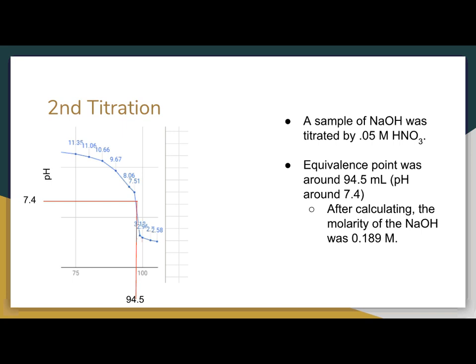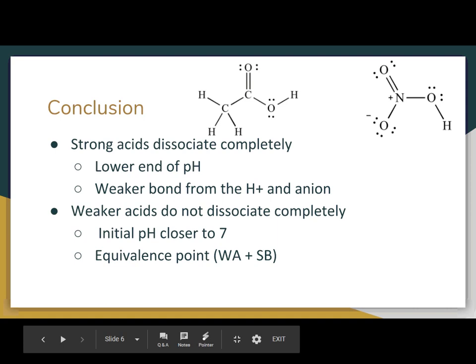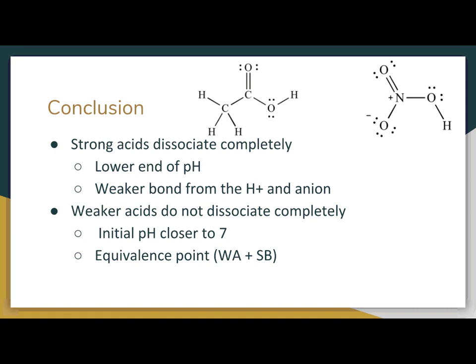So a sample of NaOH was titrated by 0.05 molar of nitric acid. The equivalence point was around 94.5 milliliters, and the pH was around 7.4. And using our milliliters, we calculated the molarity to be 0.189. So to answer our question, based on the titration curves we had, we already knew that